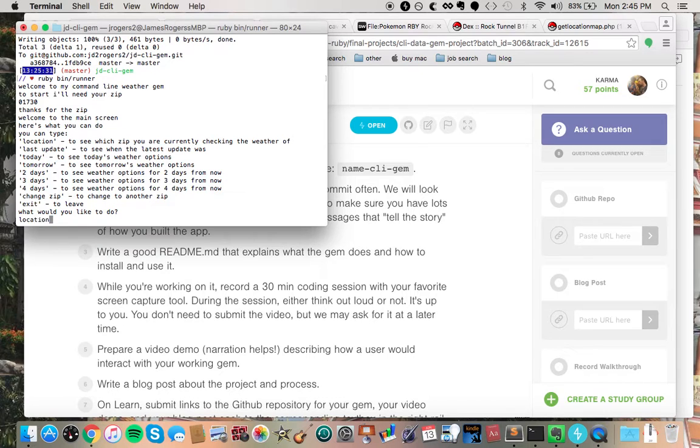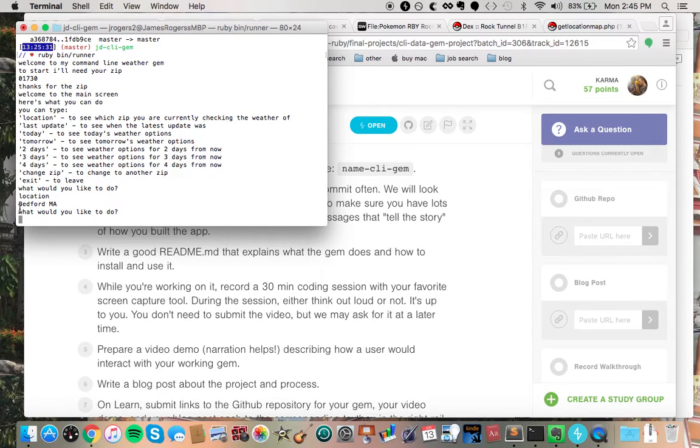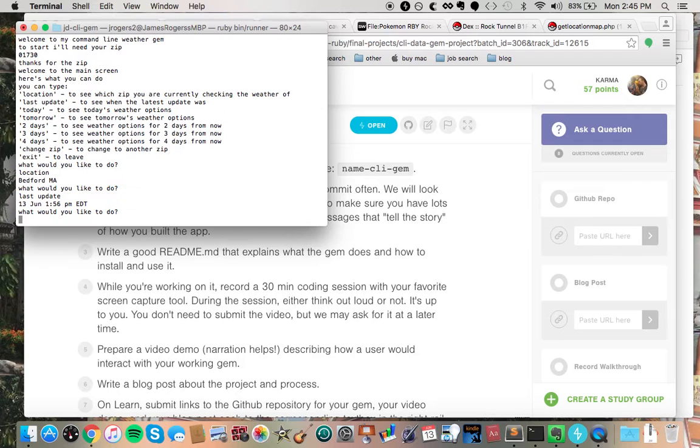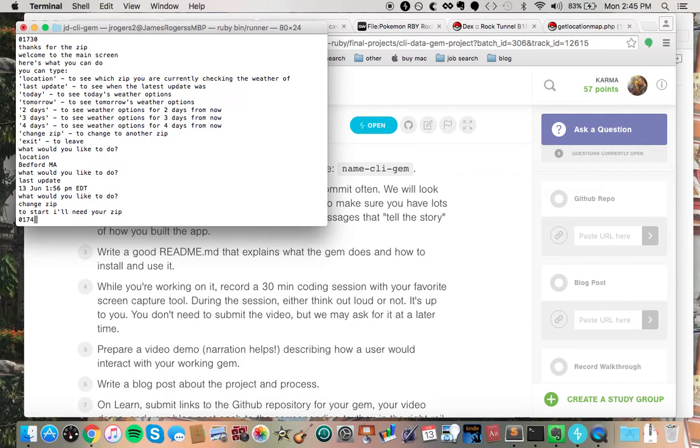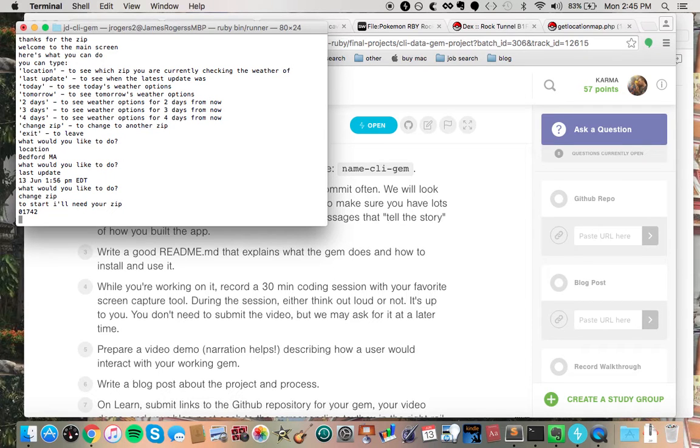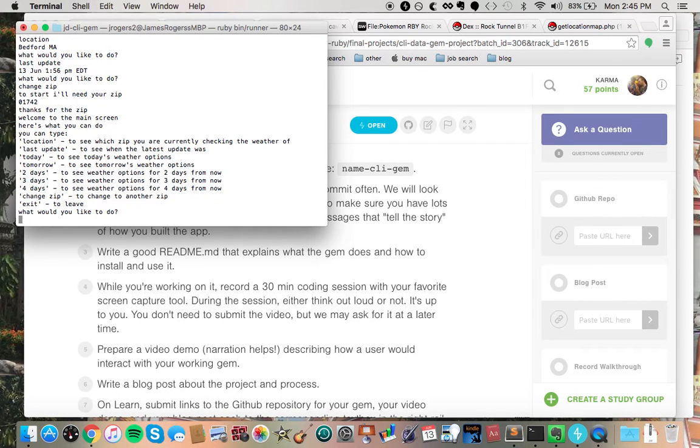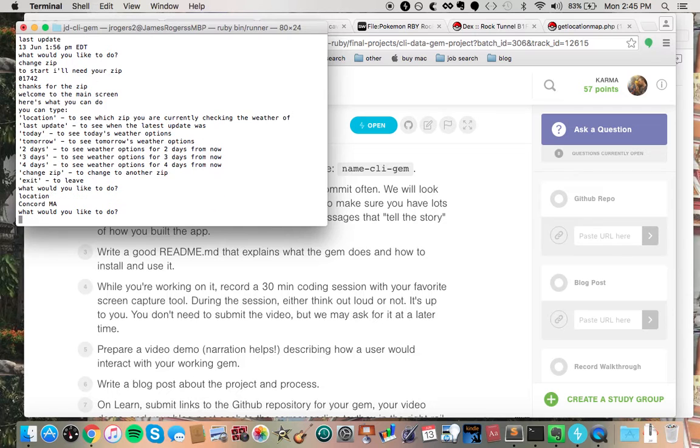You can do location. That'll put back where your location is. You can check the last update, which will tell you when the weather was last updated. You can change the zip. And you can check the location again. If you change the zip